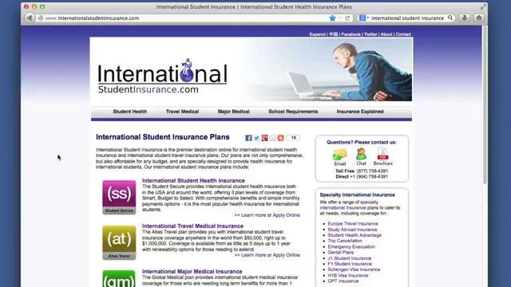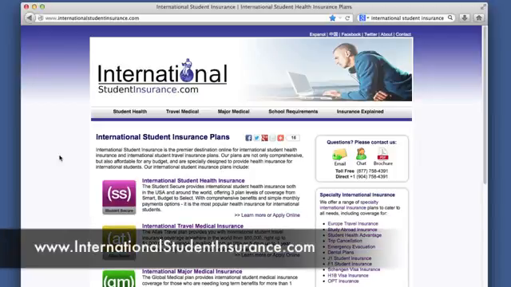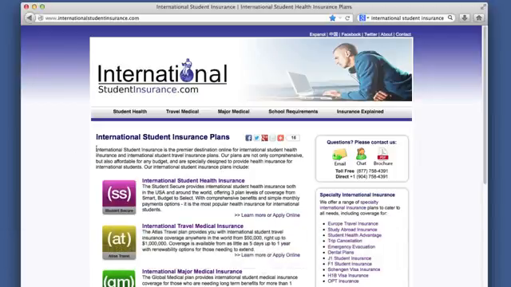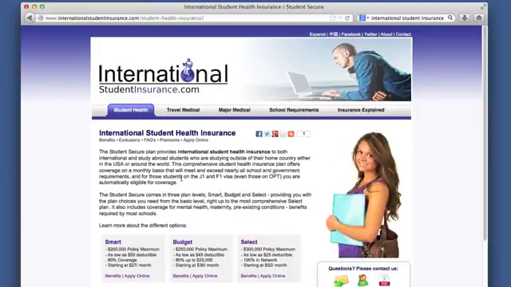As an international student studying in the US, the Student Secure is an ideal insurance solution, providing both comprehensive benefits and affordable premiums. To apply for coverage, simply visit our website at www.internationalstudentinsurance.com. From there, you can either click the very first menu item, the Student Health tab, or the first listing on the home page, this International Student Health Insurance Plan, which will take you directly to the Student Secure landing